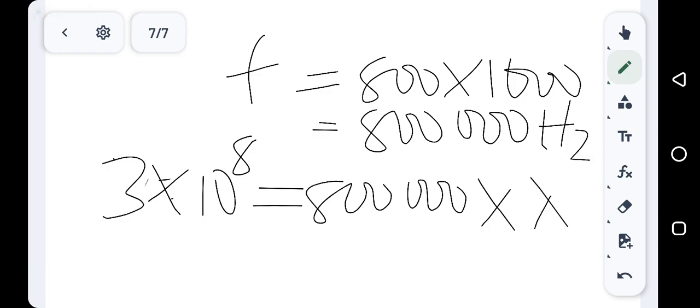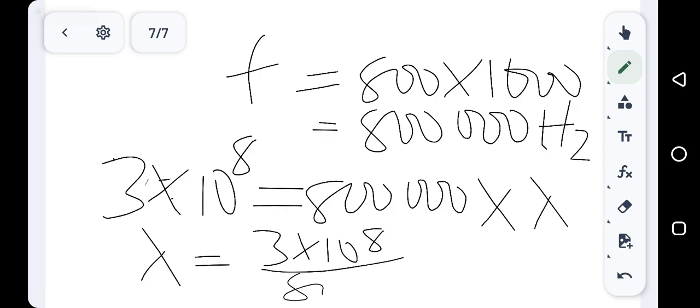Lambda is the one we are looking for. So when you solve this, whatever you get is the answer. So that is how to solve